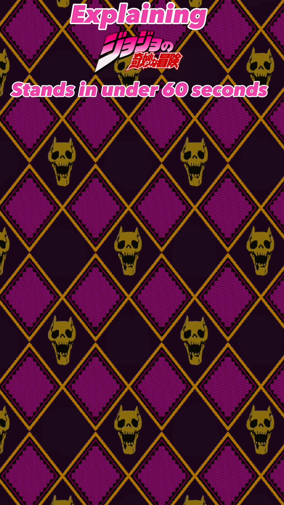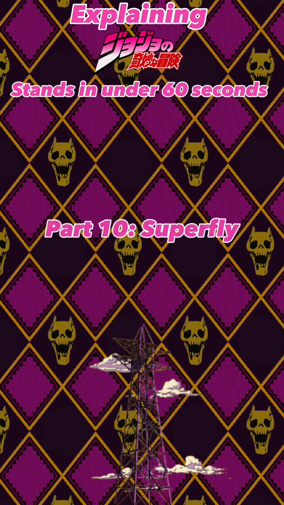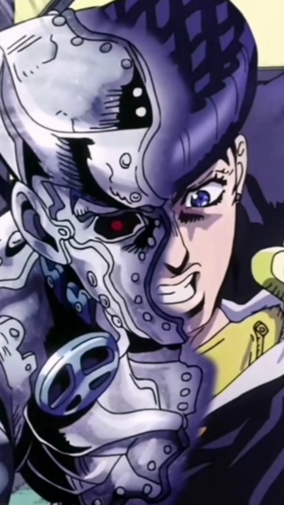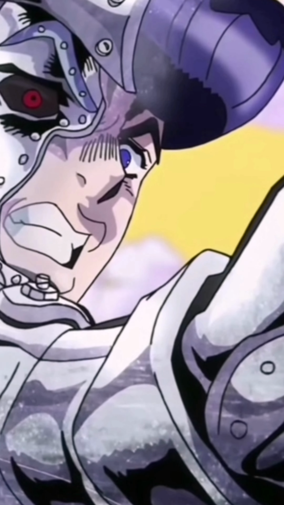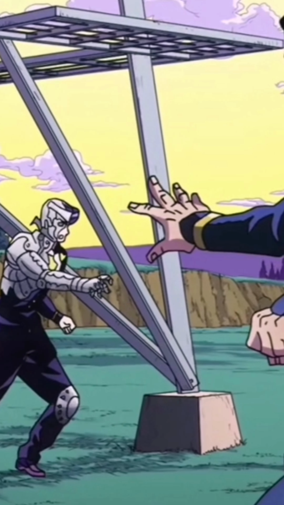Explaining JoJo stands in under 60 seconds, Part 10, Superfly. Superfly is in Part 4 of JoJo's and it's an automatic bound stand which is bound to a transmission tower. Superfly's ability is if someone walks in, they cannot leave until another person enters the premises, essentially making it so